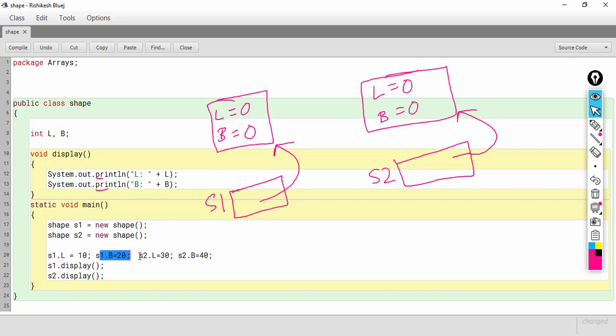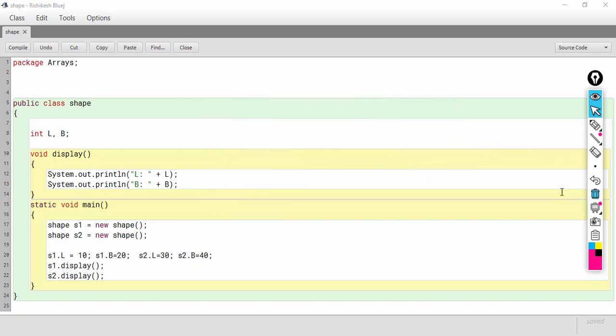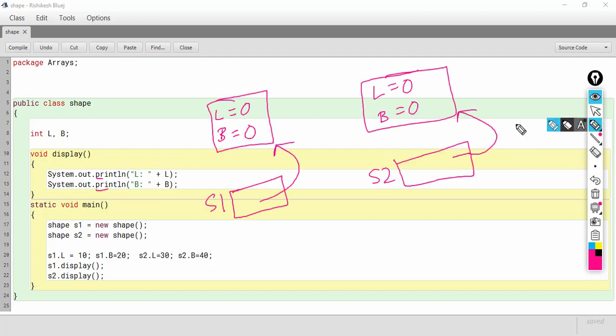So using the dot operator I have accessed the instance variables here. This time the output should be different. I have assigned 10 and 20 to s1's L and B, and to s2's L and B I have assigned 30 and 40.